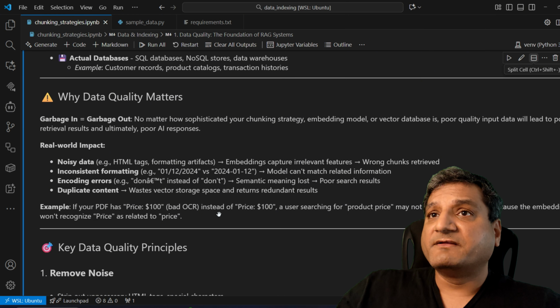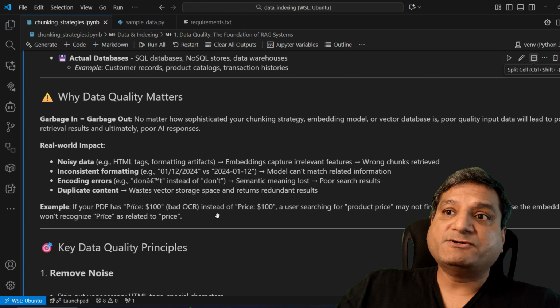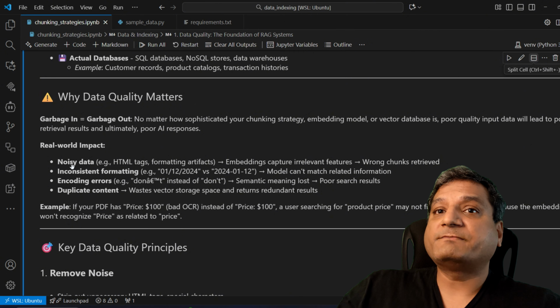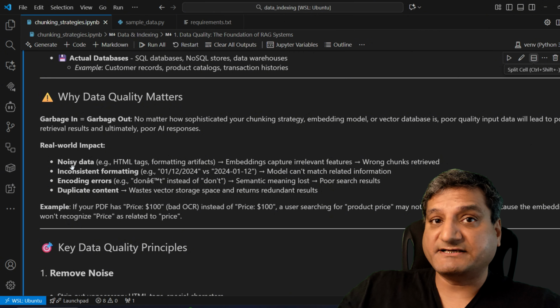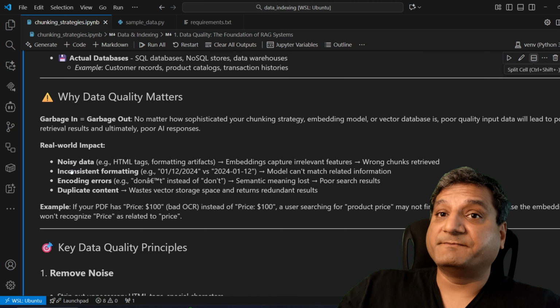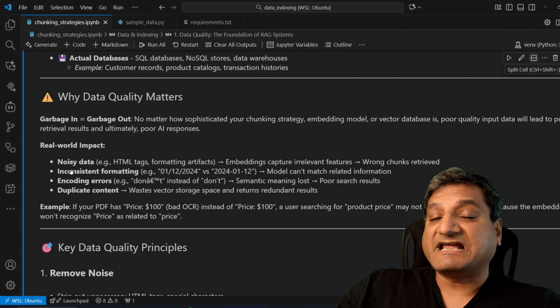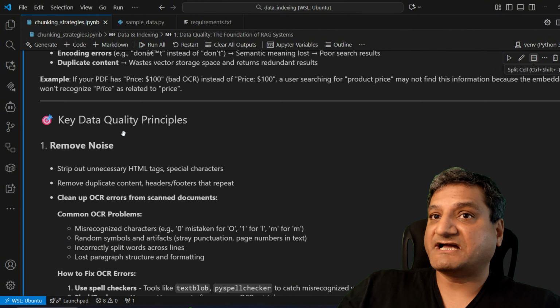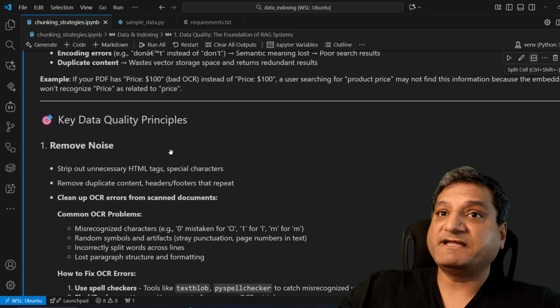So how do we do it? I'm not speaking about manually doing everything. There are tools for everything. So why does data quality matter? We recognize the wrong patterns or noise in your data which might be available. But there can be more points. I have summarized 2-3 main key data quality principles which you should really consider before jumping into implementing